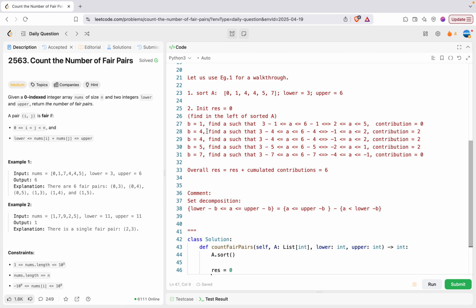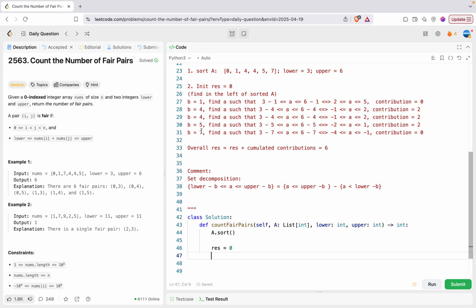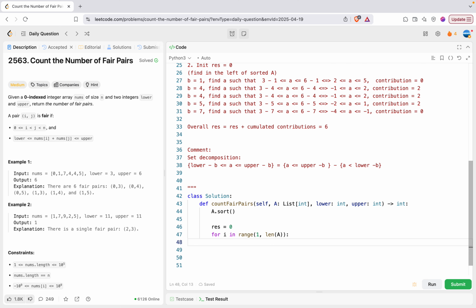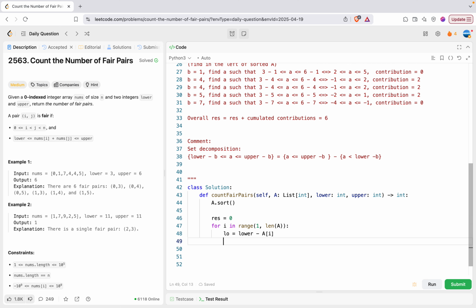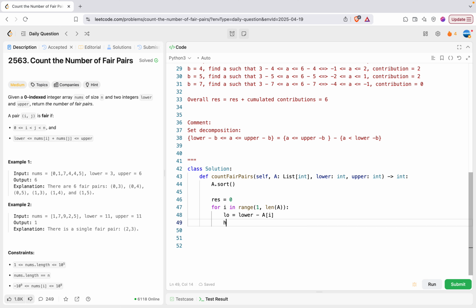As we mentioned, we just need to start from index 1 onwards and consider the corresponding elements. So for i in range 1 to n, right? And then we know the low should be the lower minus A[i]. So here, let me introduce some more variables so that it can be easier to reason about, right? So we have high as upper minus A[i]. So what we want to do next is find previous elements